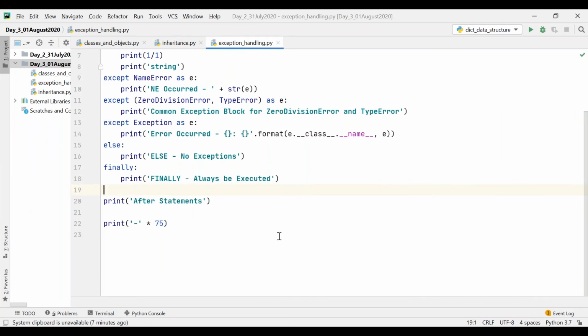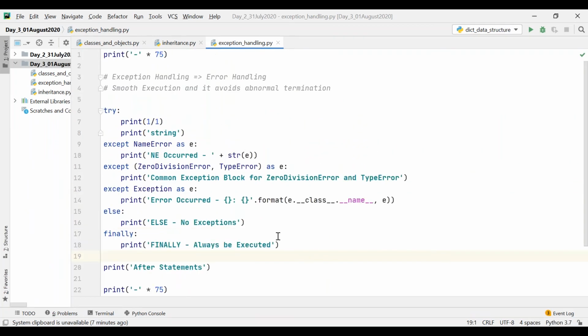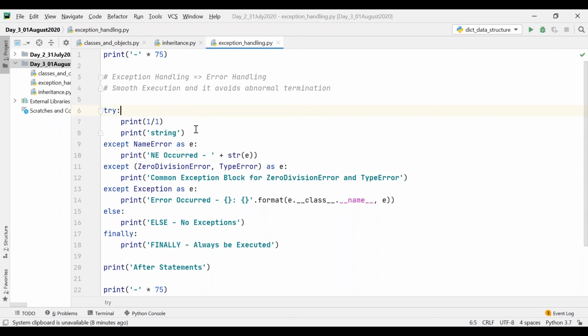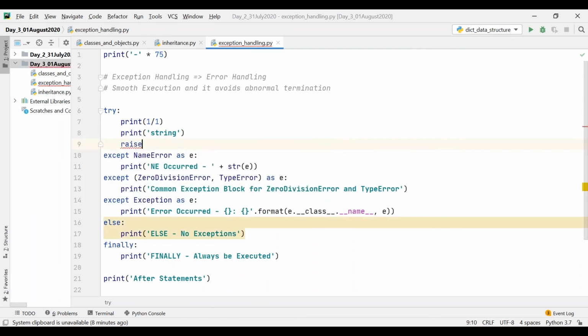And one more thing is you can manually raise exceptions. Like these predefined exceptions, which are raised whenever there is an error in the statement, if you want to raise an exception manually, yes, you can do it. You can write raise ValueError.